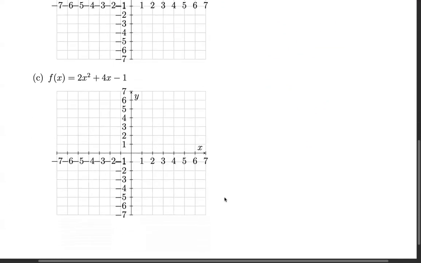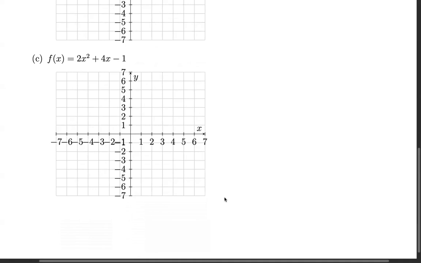Let's see C. C is similar to B, right? It's because it's in standard form. So the y-intercept is obvious. It's (0, negative 1). So we can graph (0, negative 1). Then the x-intercept,